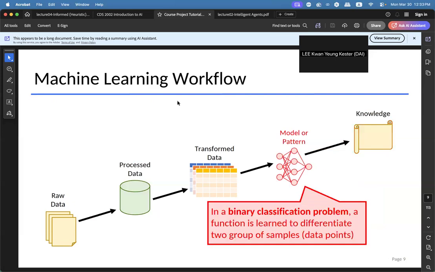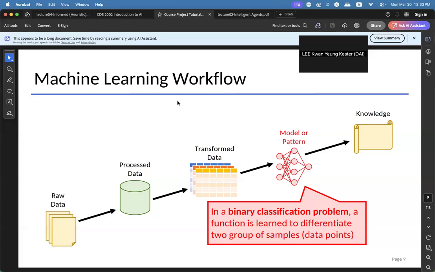Essentially, in this project, we'll be working on a binary classification problem. How many of you here studied the CCC 8015, the generative AI common core course? In that course, you should have learned a concept called supervised learning. So in this project, we are going to let you experience what supervised learning is, in the subproblem of binary classification.